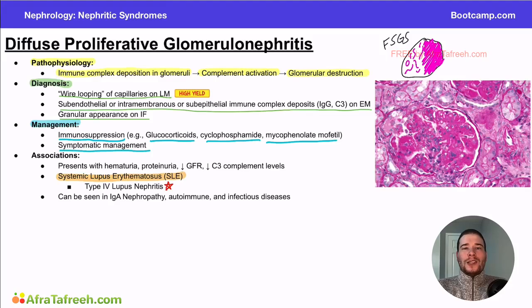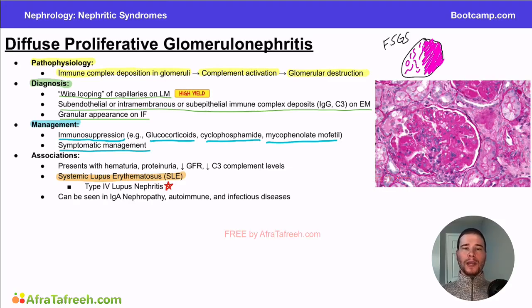What we're really trying to do is slow down the progression of disease in these patients. And so we do that by treating the symptoms, right? If they're experiencing proteinuria, we try to treat that symptom. If they're experiencing edema, hypercoagulability, all of these things that we can associate with our nephrotic and our nephritic syndromes, we're going to treat those symptoms as they come up for the patient and hopefully try to prolong end-stage